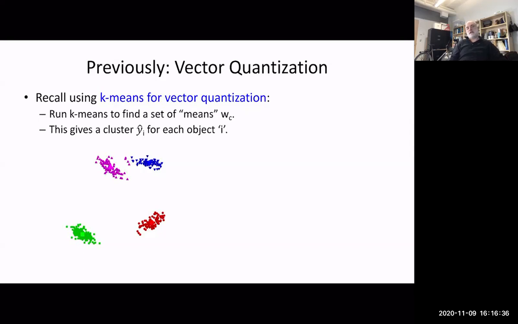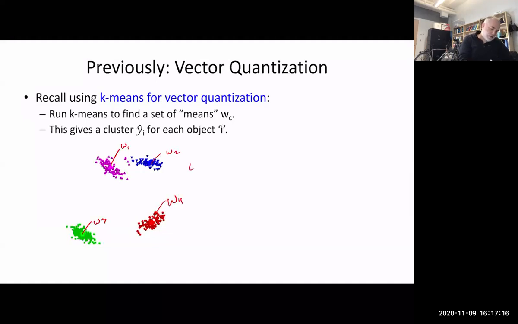And the first thing that we saw that was like this was unsupervised learning, i.e. part 2 of the course, where we looked at, for instance, vector quantization that came out of k-means. So let's remember what we did when we did k-means for vector quantization. We're going to turn this into some notation that then we're going to turn into intuition about what we're going to talk about as principal components analysis, which will be our first linear latent factor model. So when we did k-means for vector quantization, we ran k-means to get a bunch of cluster centers